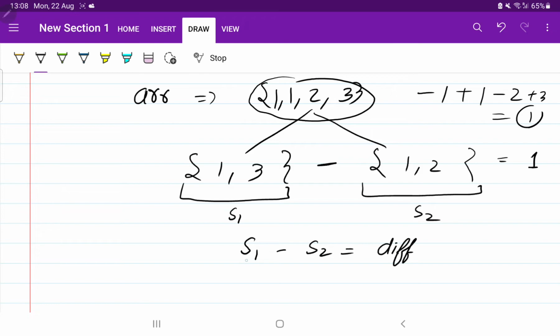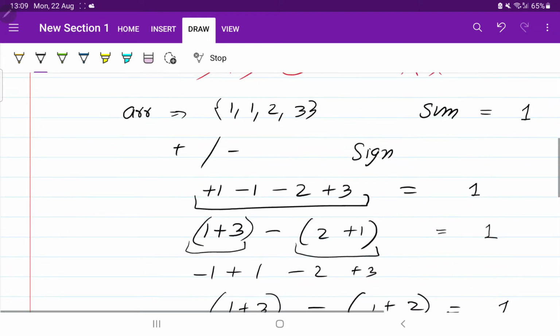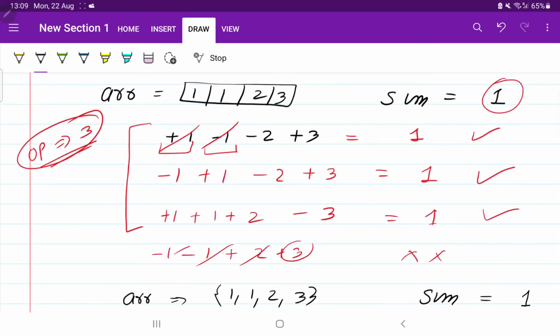It means we have to divide this array into 2 subarrays such that the difference is given. Okay, so our question statement is changed now. It means here also you can say that, suppose if we take this example. Okay, so what we have done, we have divided into 2 arrays, 1, 1 and 2, and the other was 3.